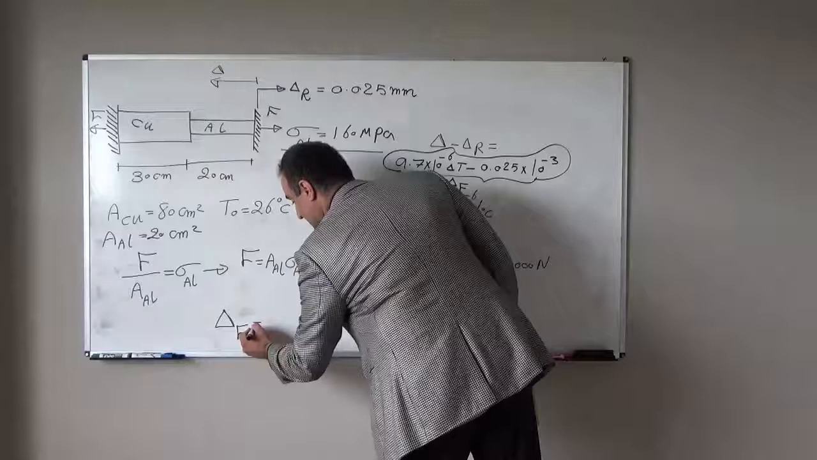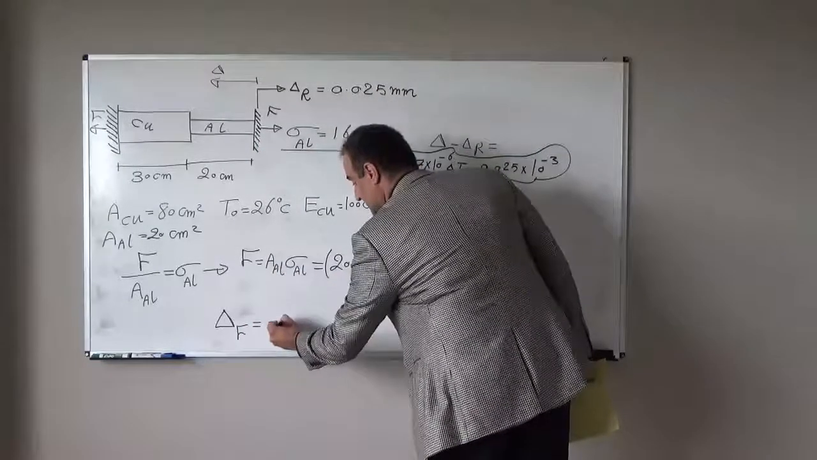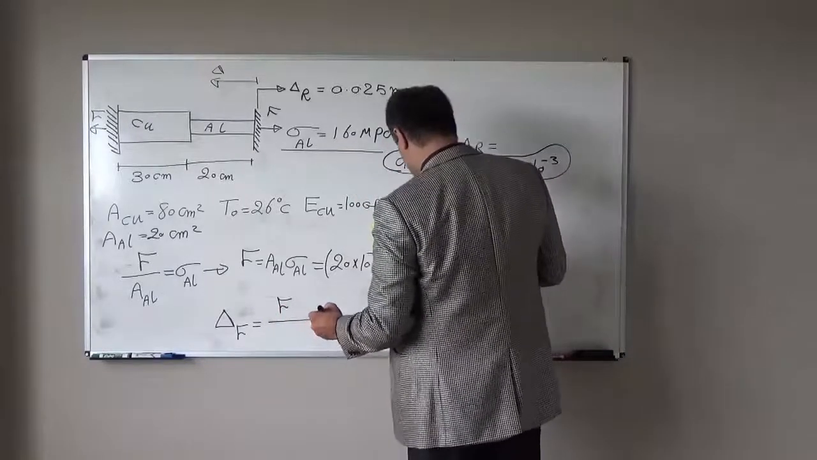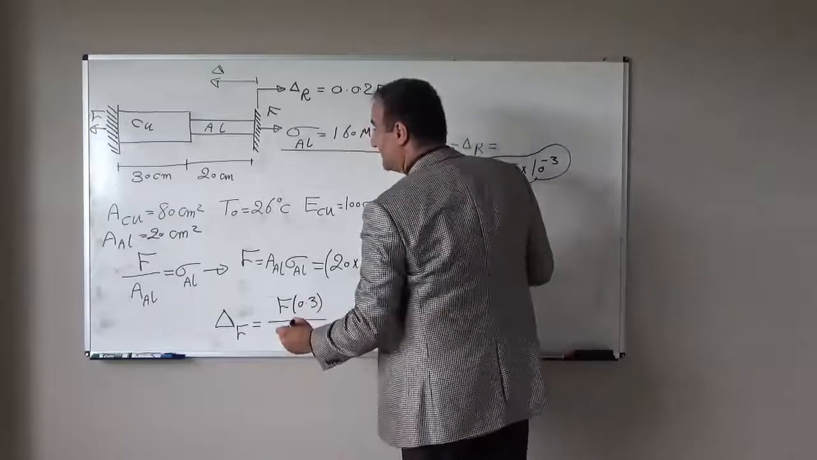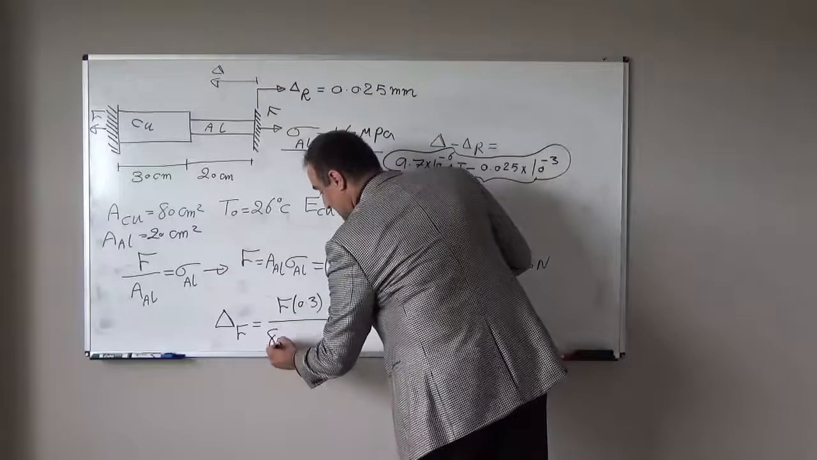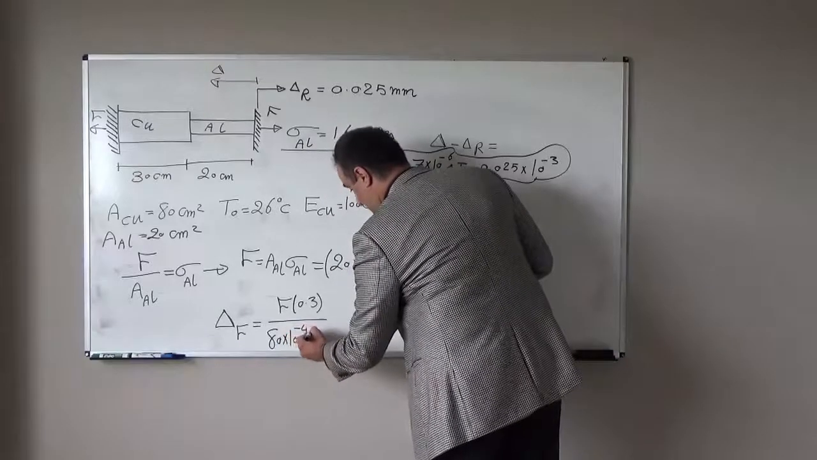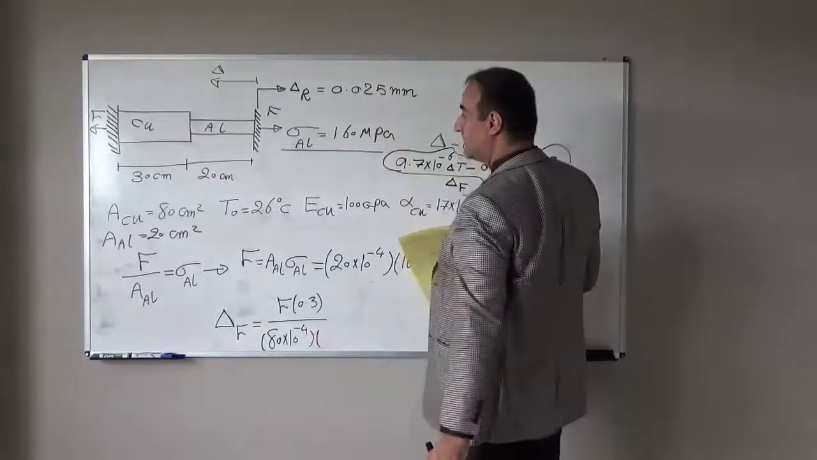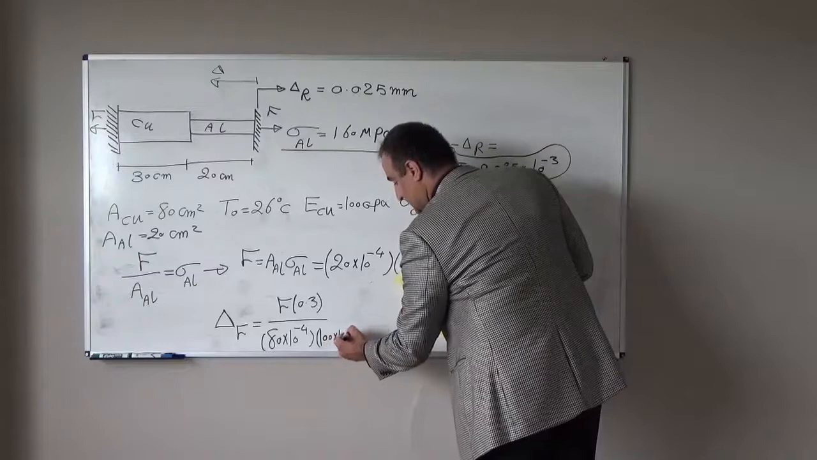Delta is equal to the deformation because of this force: F times the length of the copper, which is 0.3, divided by the cross-sectional area, 80 times 10 to the power of negative 4, times E. E for copper is 100 gigapascal,